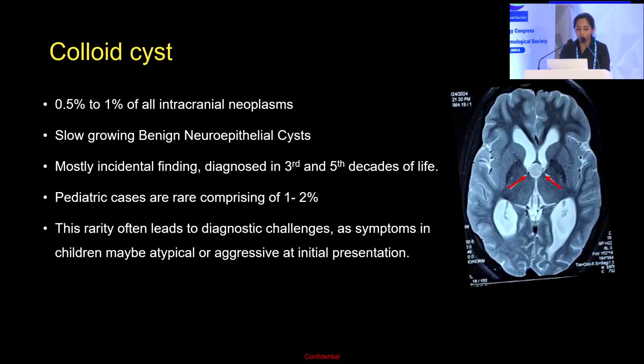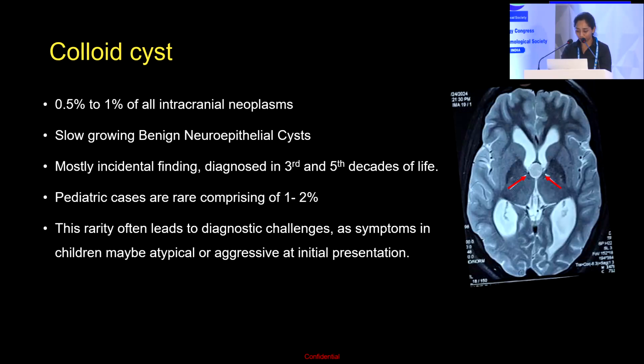Coming to the discussion, the colloid cyst is a slow-growing benign neuroepithelial cyst, most commonly seen at the roof of the third ventricle. This accounts for 1% of all intracranial neoplasms. They are usually diagnosed in the third and fifth decade of life, mostly as an incidental finding. Occurrence in the pediatric age group is very rare, which leads to a diagnostic challenge because of its atypical and